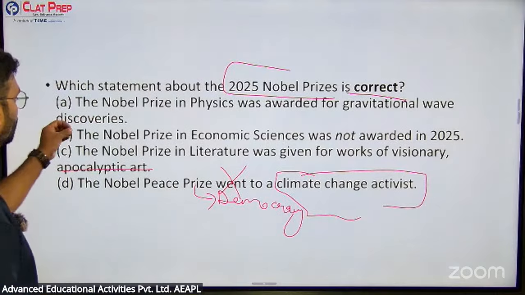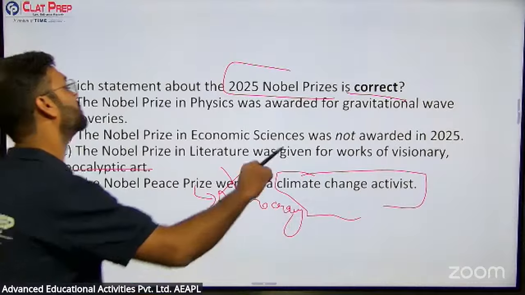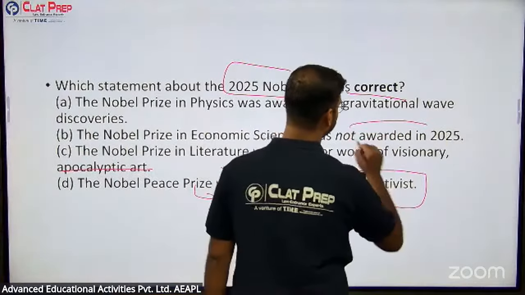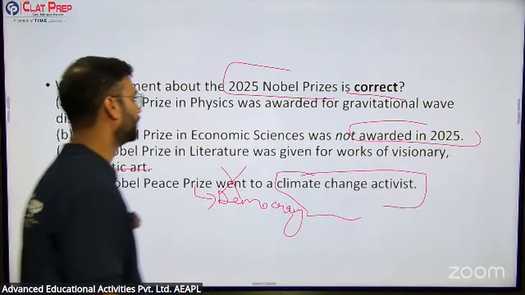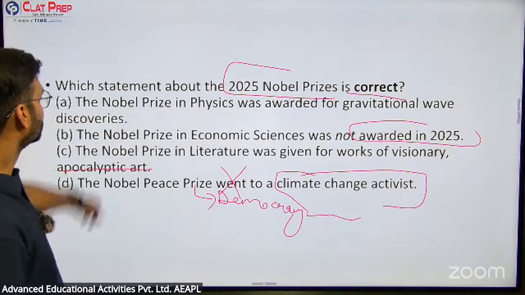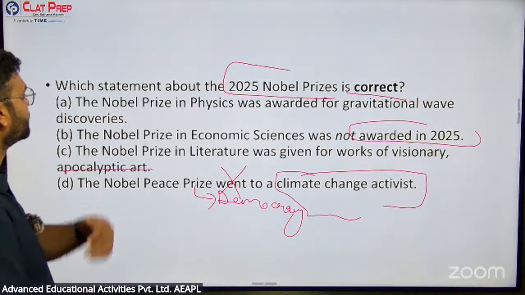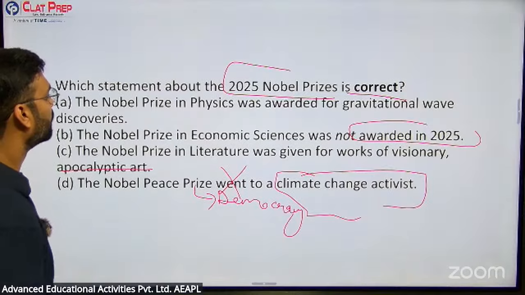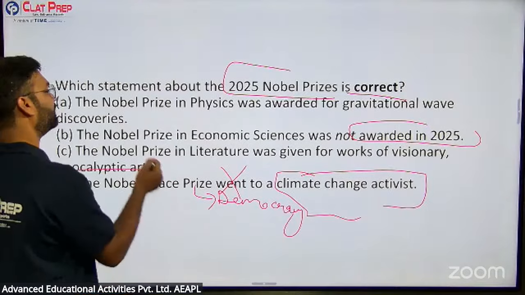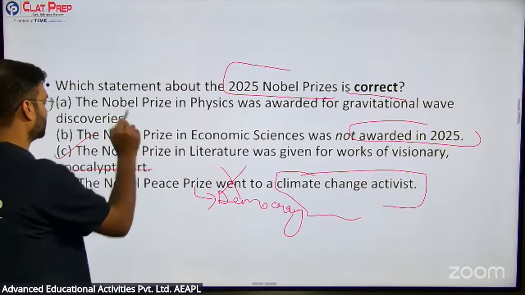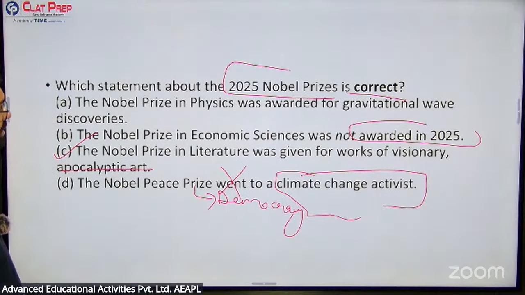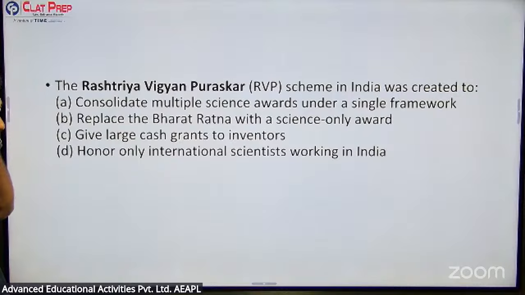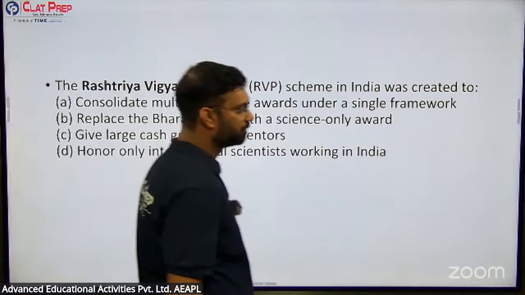Nobel Prize in Economic Science was not awarded in 2025. Why would it not be awarded? Then this option can be eliminated. The Nobel Prize in Physics was awarded for gravitational wave discovery. I think this is also incorrect. So the correct answer is the Nobel Prize in Literature was given for works of visionary apocalyptic art. Okay. Next, again a question from